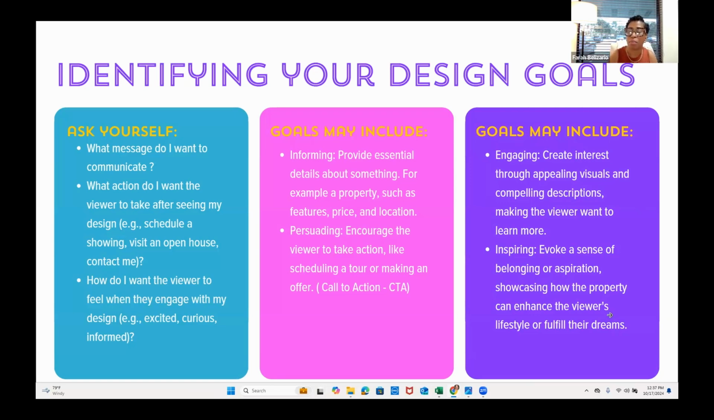Engaging: create interest through appealing visuals and compelling descriptions, make the viewer want to learn more, maybe reach out to you. Or inspiring: evoke a sense of belonging and aspiration, engaging their emotions, and showcasing how the property can enhance the viewer's lifestyle or fulfill their dreams. These are the kinds of things that you want to decide up front so that it will inform what you are